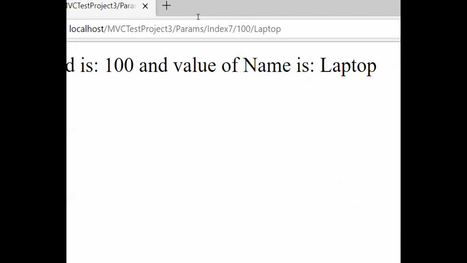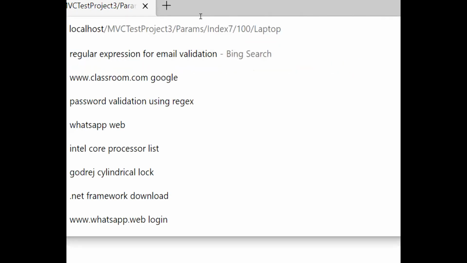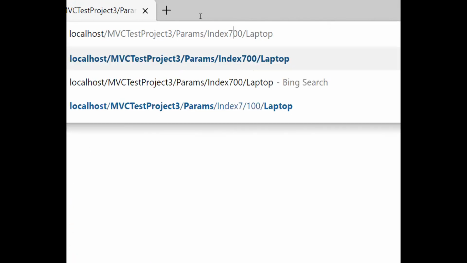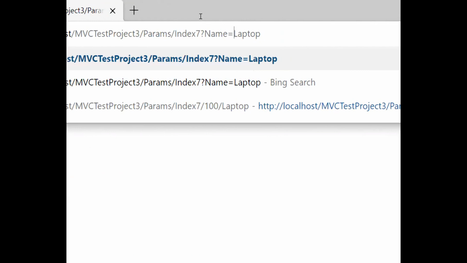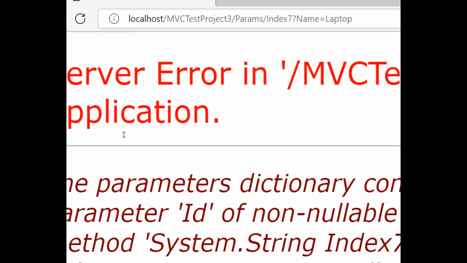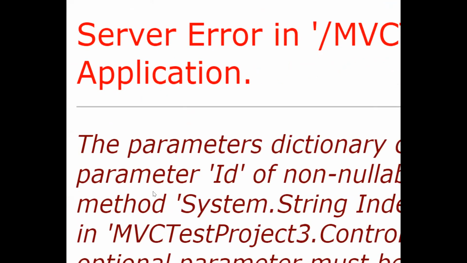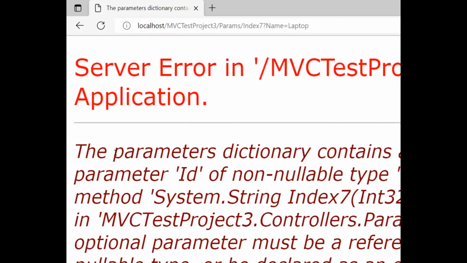Can I pass a value only for name? You can pass a value only for name also, but ID is a mandatory parameter in my code, so that will throw an error. Are you getting my point here? So if you want to pass only a value for name, you can pass it here, but the error will come for sure. How can we pass it? Question mark, name is equal to. Did you understand? I can put a question mark, name is equal to, but still ID will give you an error. Understood my point? If you want to resolve it,